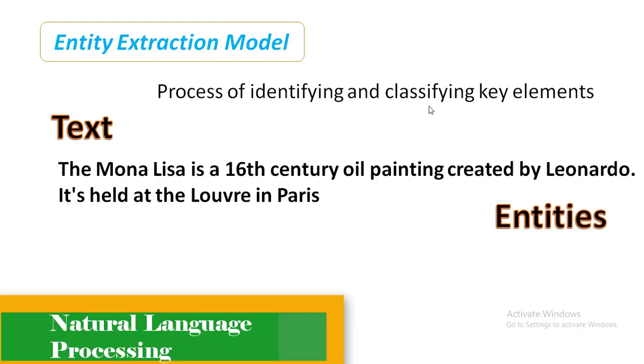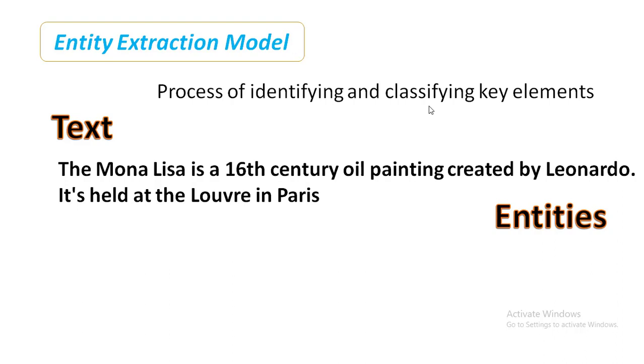Entity extraction is a text analysis technique that uses natural language processing, that is NLP, to automatically pull out specific data from structured or unstructured text and classify it according to predefined categories. These categories are named entities, the words or phrases that represent a noun, such as person names, organizations, locations, medical codes, time expressions, quantities, monetary values, percentages, etc.